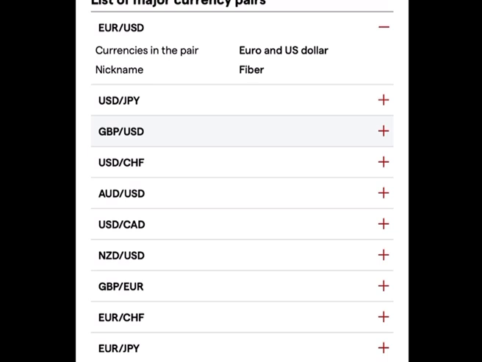We have USD/JPY, GBP/USD, USD/CHF, AUD/USD, USD/CAD, that's Canadian dollars, NZD/USD, GBP/EUR, EUR/CHF, EUR/JPY. So these are the currency pairs that you can see, and they are majorly the ones that are traded in the Forex market, right? And also these currency pairs are the ones you will find when you have your MetaTrader